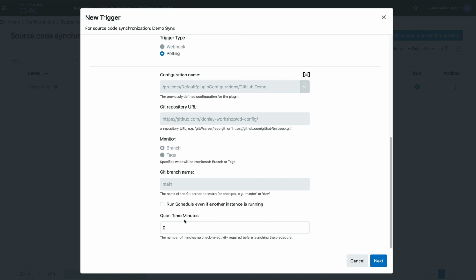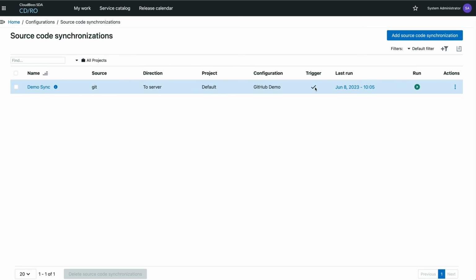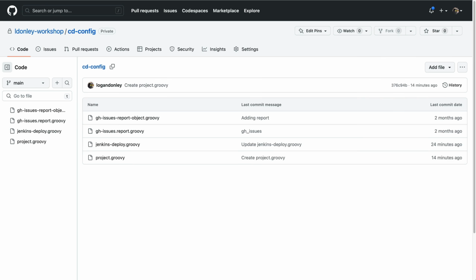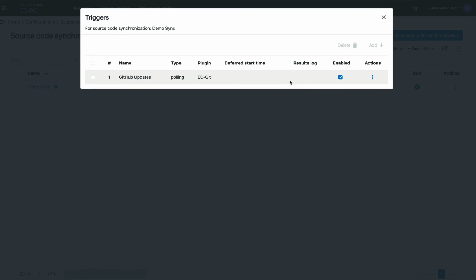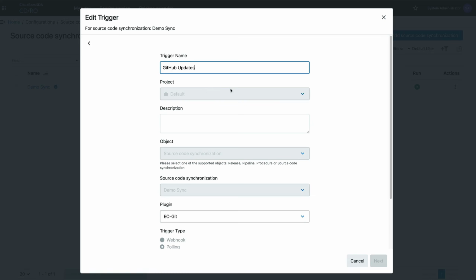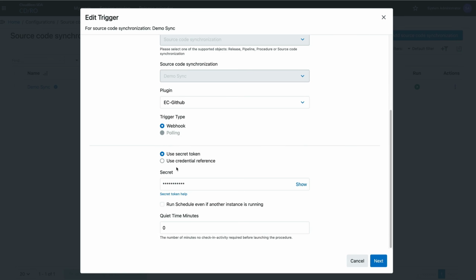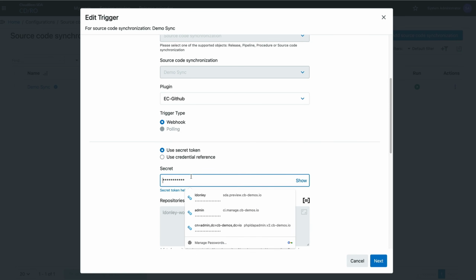And you can set the quiet time minutes if you want. I'm going to leave that as the default of 0. And with that, we now have a trigger. And so this will just periodically update. So when I go and make changes, this will get those changes when it has its next poll cycle. Or it could go through the webhook setup as well. We can go through that, go to configure trigger, we can edit this, and I can change this to be EC-GitHub, the webhook. I could set a secret,